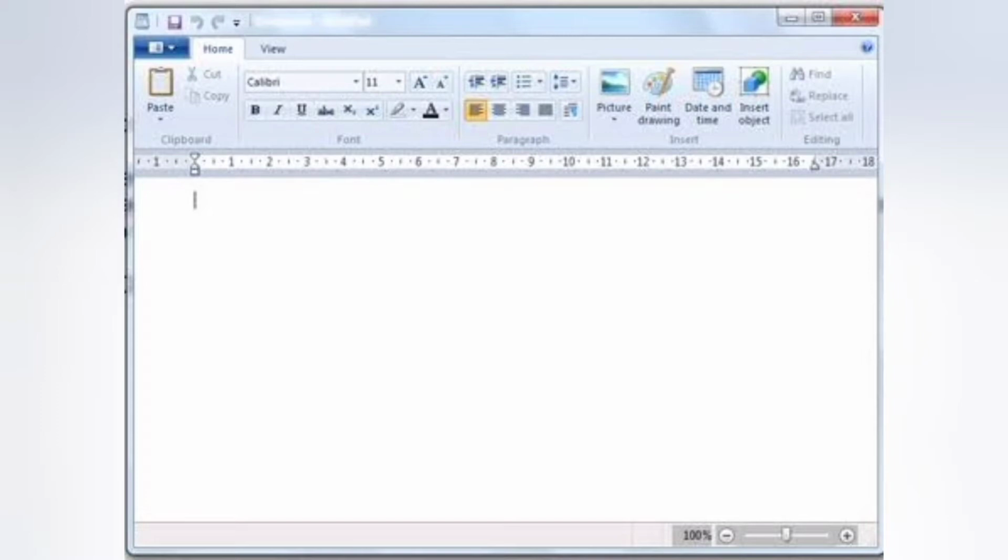Here the formatting option is there. Formatting refers to how the text in the document looks. You can format the text by changing its font, color, underlining it, or even highlighting it, okay?